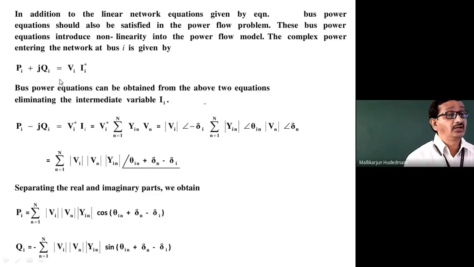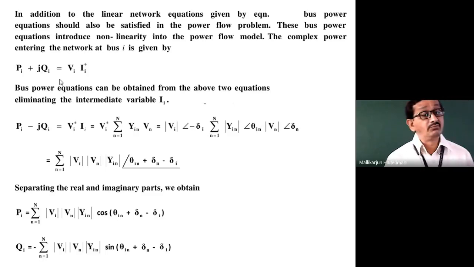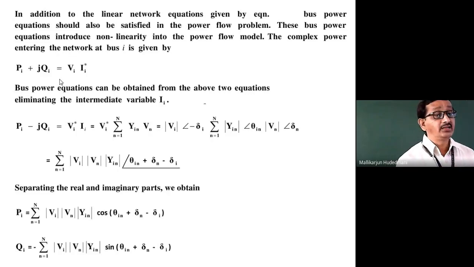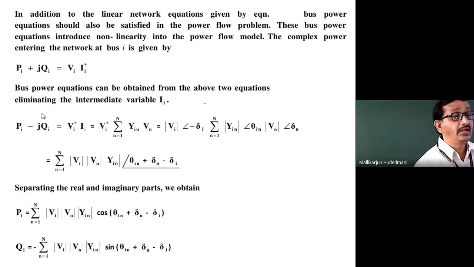Suppose I want to separate active power and reactive power for computation. Then how is it done? The usual concept is that the conjugate of SI is taken. When I take the conjugate of complex power, the real term and imaginary term get separated. Hence, if I take this equation, PI plus JQI, whose conjugate becomes PI minus JQI, which you can witness over here. The conjugate of the above equation refers to PI minus JQI, which is equal, on the right hand side,